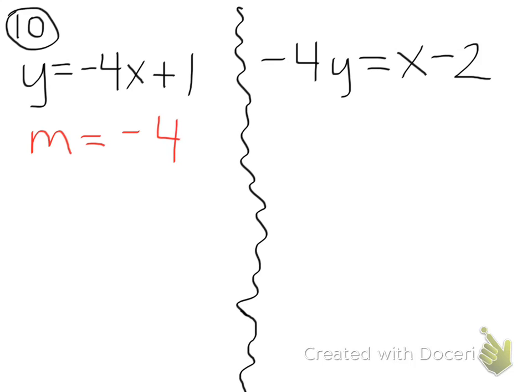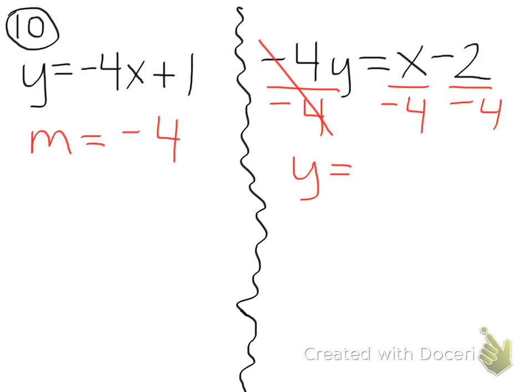Now let's look at the next equation. Do we have y all by itself, or do we have something attached to it? It looks like we have that negative 4 attached to the y. So we're going to have to get rid of that. So we are going to divide everything by negative 4 again. So I'm going to divide everything by negative 4. And this is going to cancel, and we're going to get y is equal to,